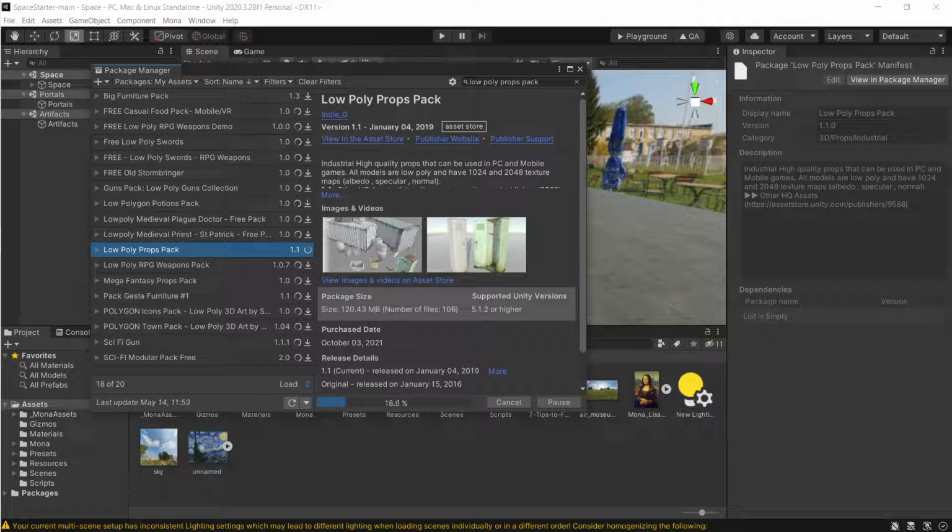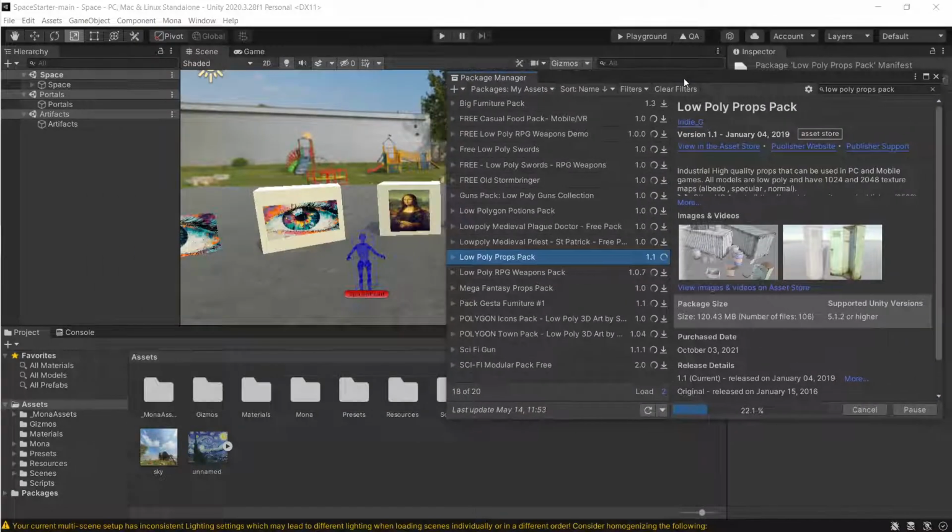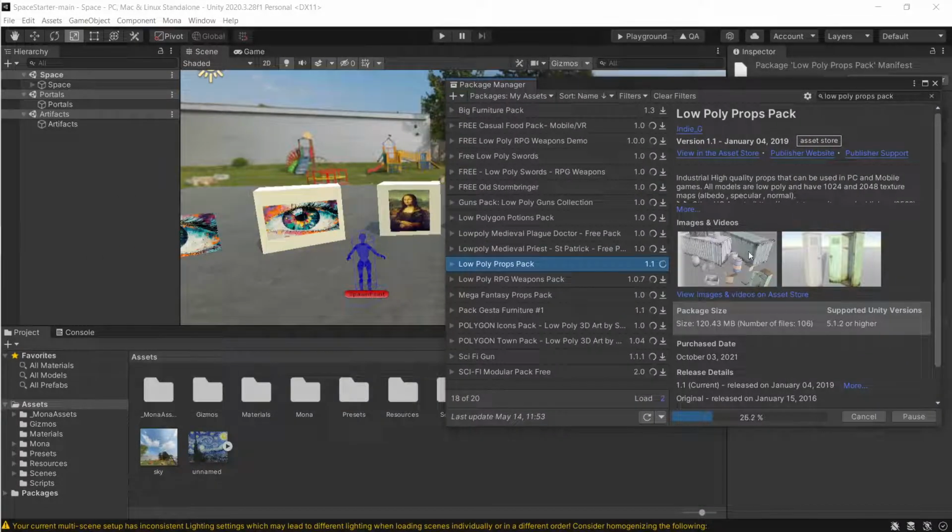While that's downloading, the plan now for the rest of this tutorial is just placing some of these, making it look pretty, and then we're going to mint the, well, not mint, but we're going to make it so that it's uploaded onto like Mona so that we can share it. So this is downloading pretty nicely, and